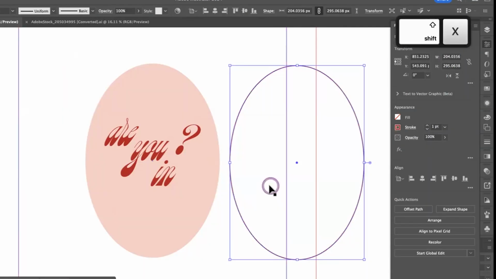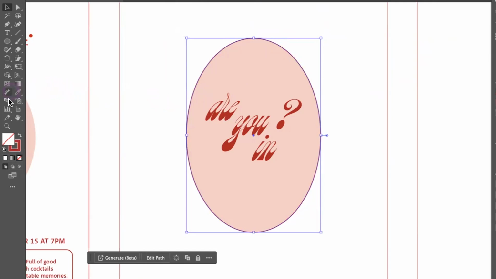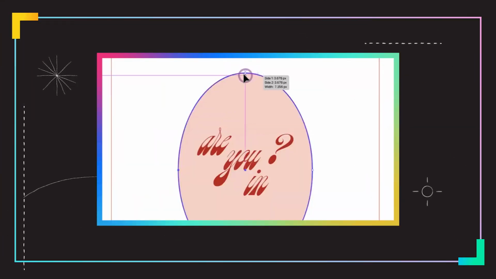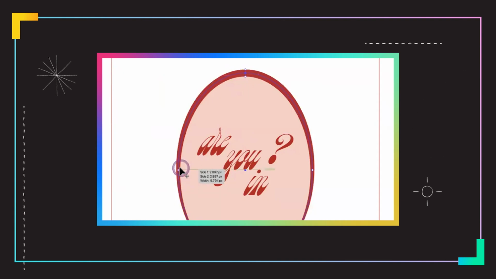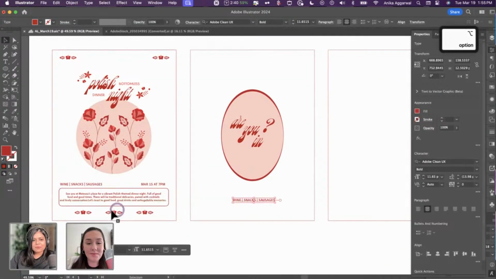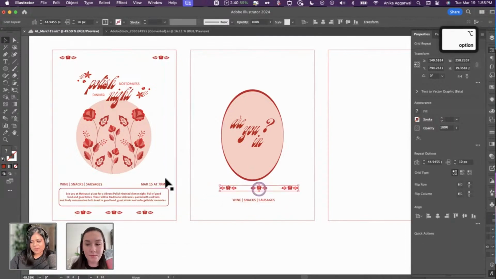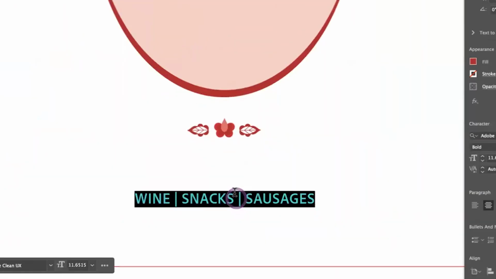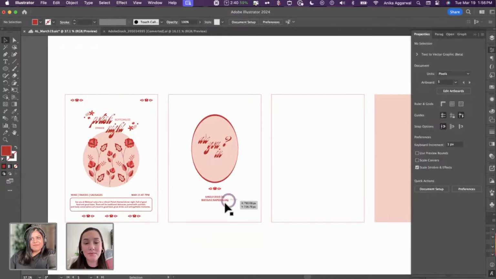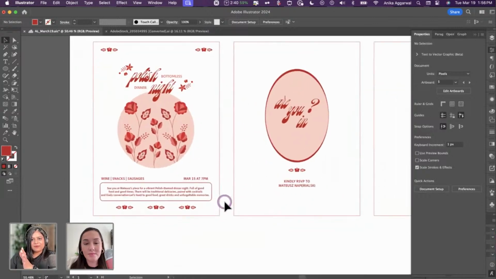I'm going to turn this to a stroke, and the width tool is your best friend, which is right over here. And what I'm going to do is make some funky shapes here. So you can see that it's almost part of the font. And then maybe we can introduce some of these designs in here as well. And then I can go in here and say RSVP. All right, that finishes our first run of the invite.